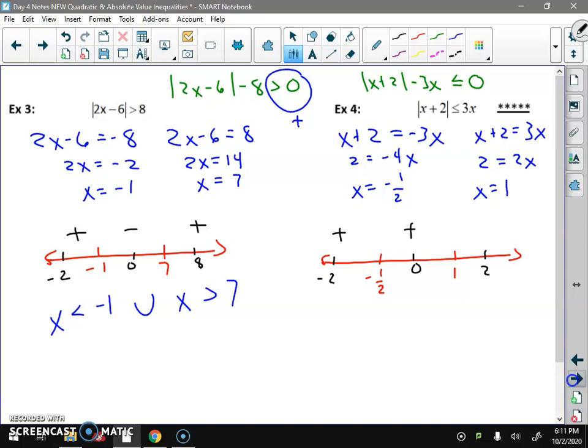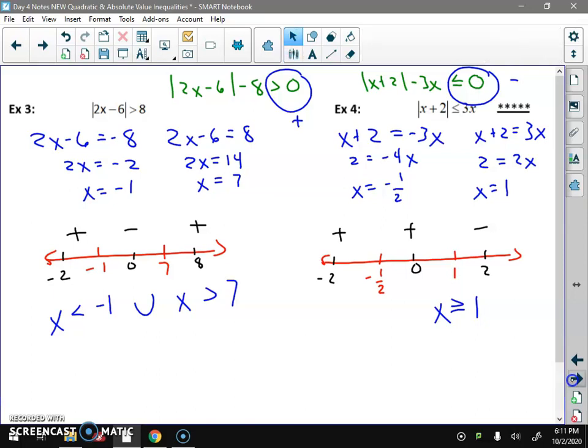And the last one, 2 plus 2 is 4. Absolute value of 4 is 4. 2 times 3 is 6. 4 minus 6 is a negative number. What do we want? Go back to blue for my last step. We want the negatives. We only want this last region. X is greater than or equal to 1. This negative last region right there. So,